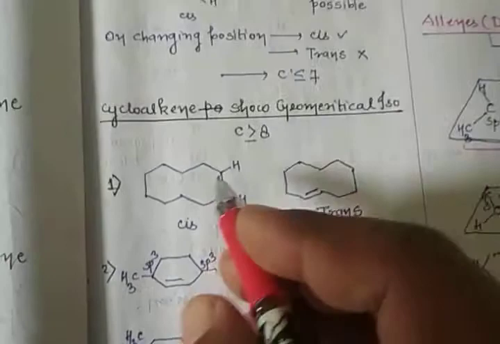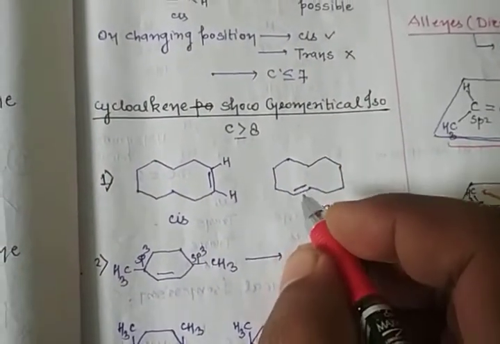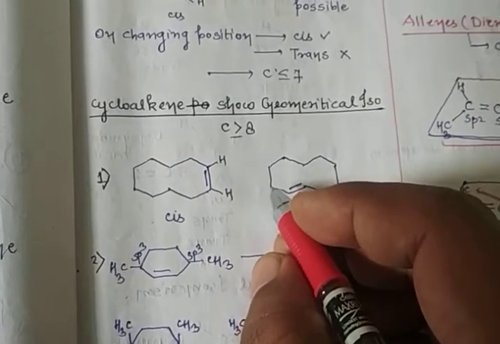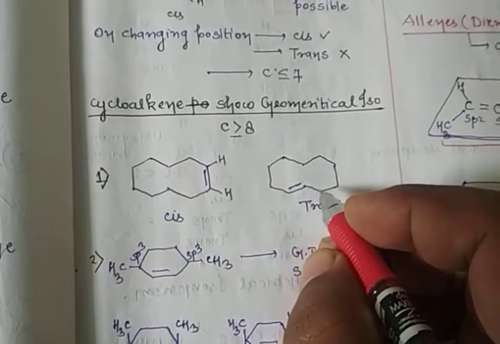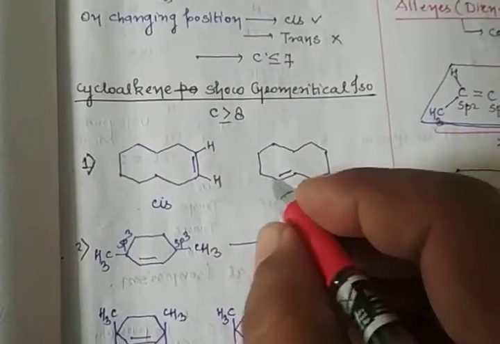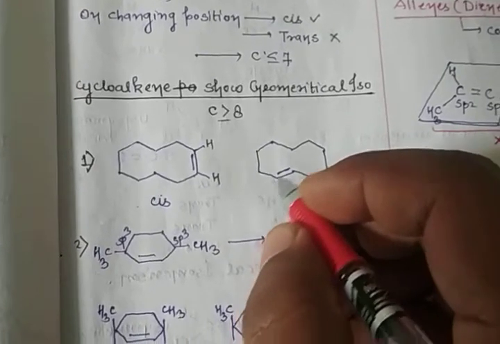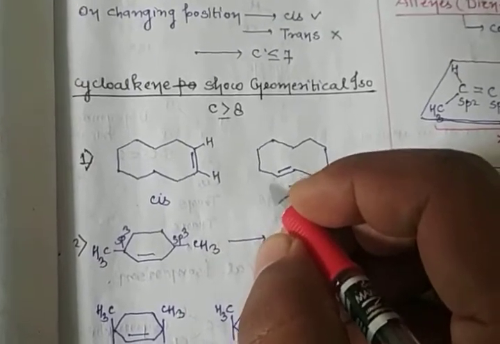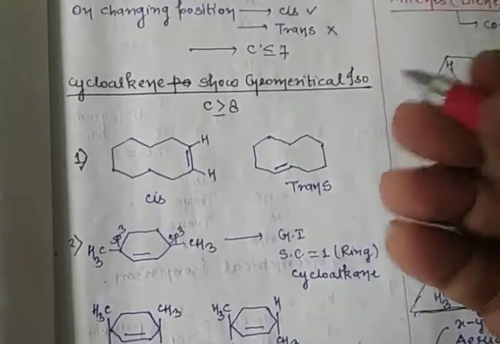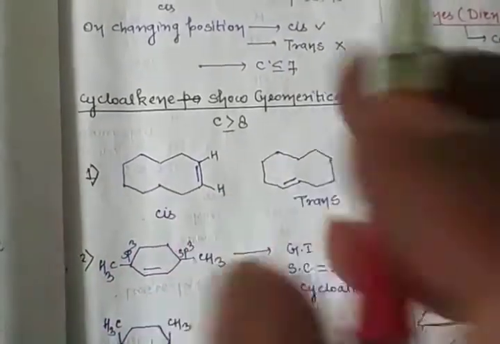Now, cycloalkene shows geometrical isomerism if you have C equal to 8 or greater than 8. Okay, now check. In this case, H on the same side is cis. Very good. And now in this case, just check the carbon double bond. Top side different group, down side different group. Top side is a group, it means hydrogen is on the down side. Clear? Look, this side is this CH2 group and the down side is hydrogen. It means this is what? Trans. Just like E or Z configuration, suppose both sides have the same group, this is Z isomer.